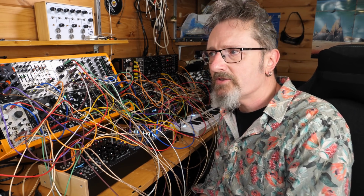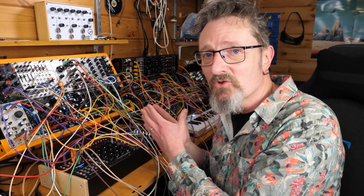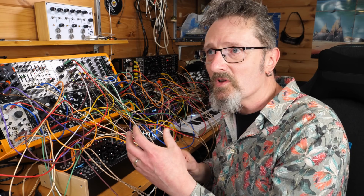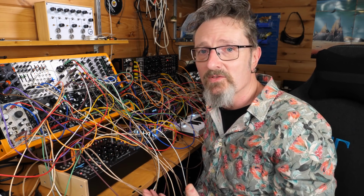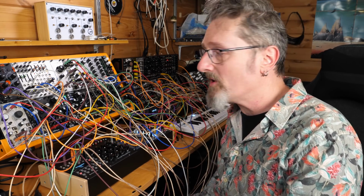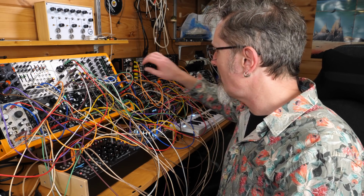Okay, so at this point I introduced some drums. Well, it's not, because this is a whole mess. I never got to this point until much later. So it's too difficult for me to explain how it all developed over time, because I don't really remember anymore. But anyway, at some point I wanted to put some drums in. So I put in